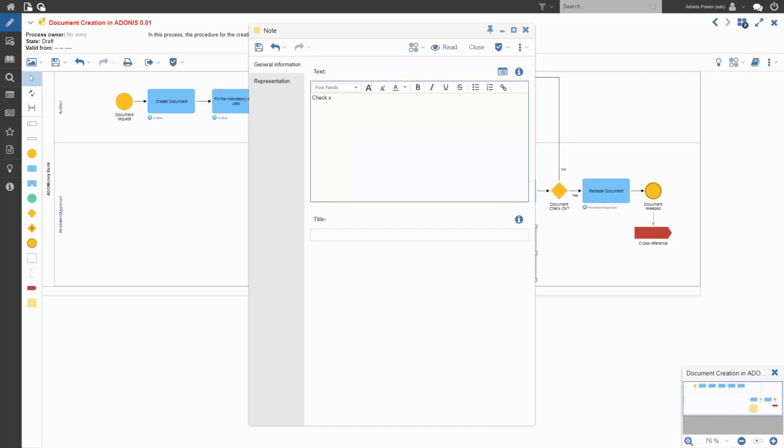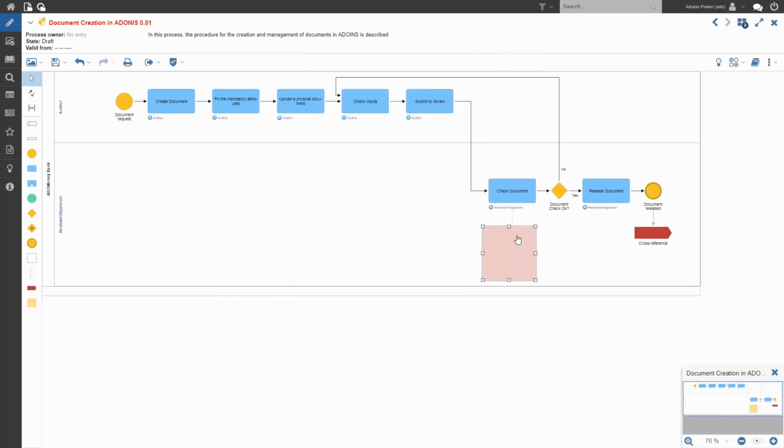So maybe you just want to add a note to your model, which can be visible here as well, but anything that's not a process flow object is placed below the process flow, the happy path, here. But if you switch it around in the administration toolkit, if maybe you draw your models from top down, then the notes and the cross-references will go to the left or the right of the process flow path. So just something to keep in mind.